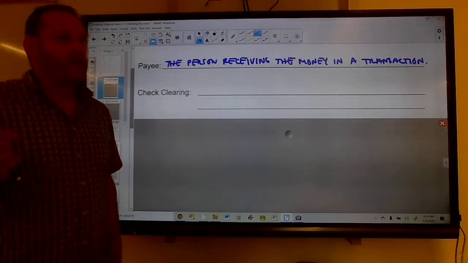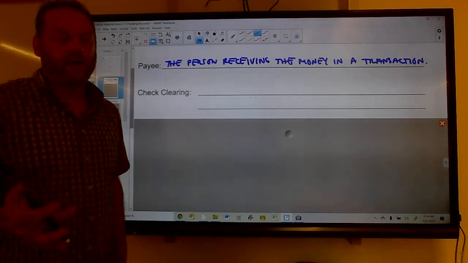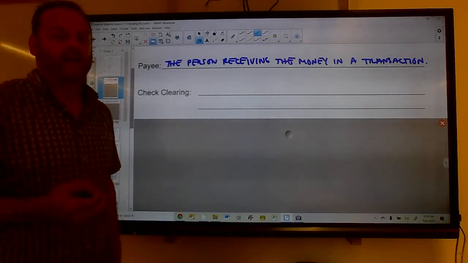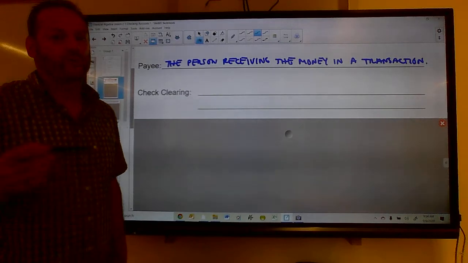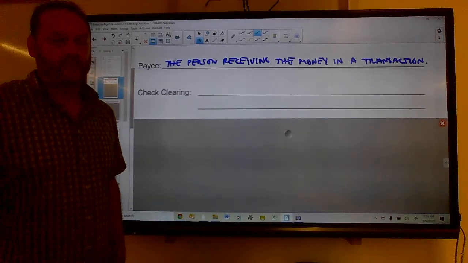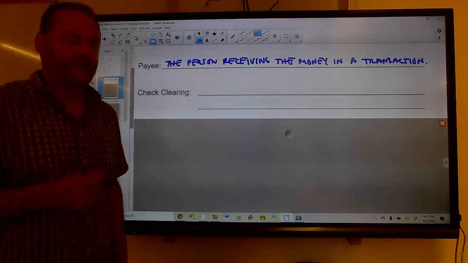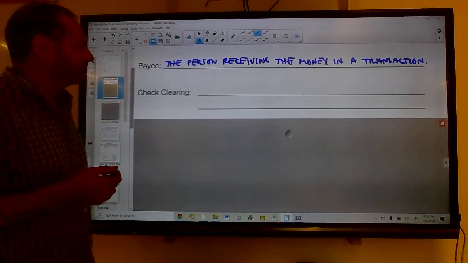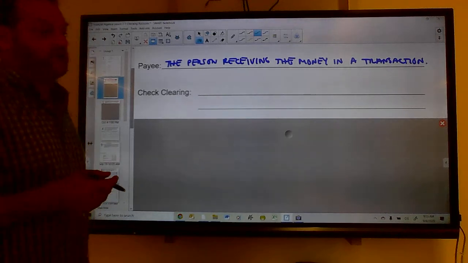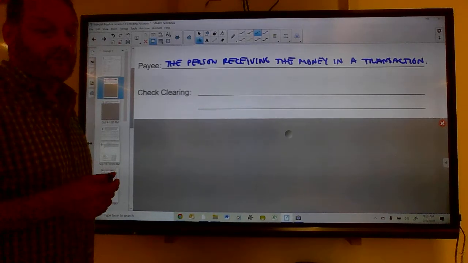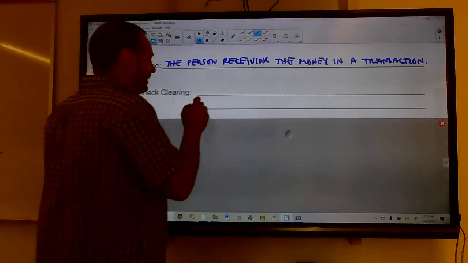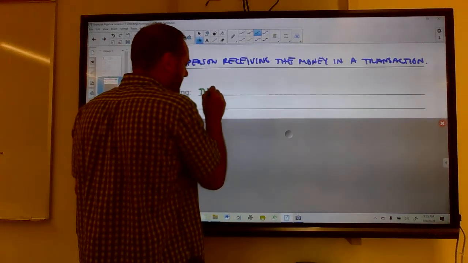Okay, and they deposit that in their account, and then the bank has to send that to a clearinghouse, which gets sent to your bank, which tells them, hey, send this money to this bank account at this other bank. And so that takes time, okay? Although it's a lot faster than it used to be, it can still take a couple of days to get that done. So check clearing is the process